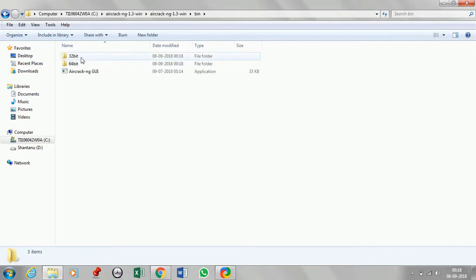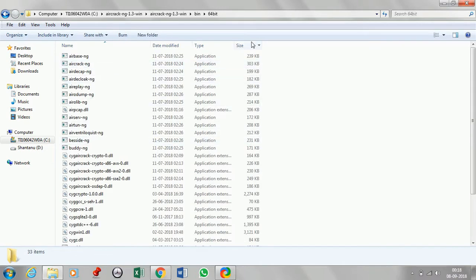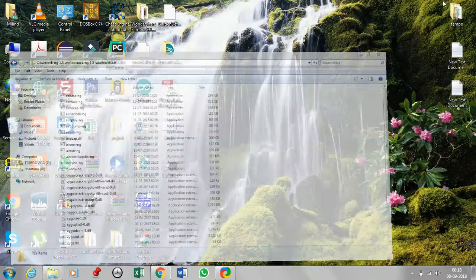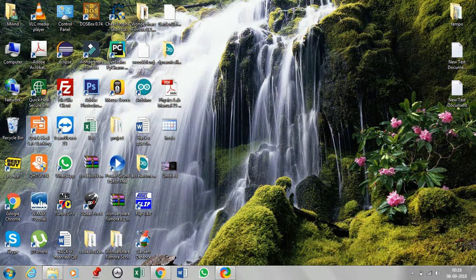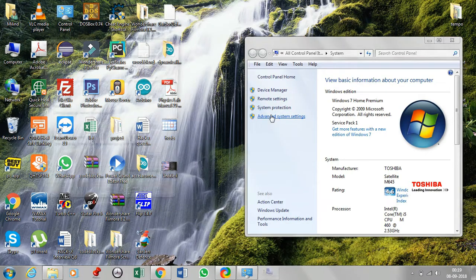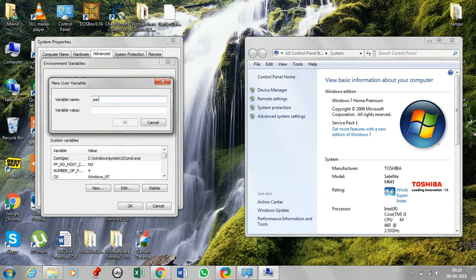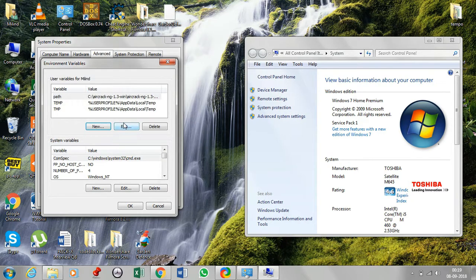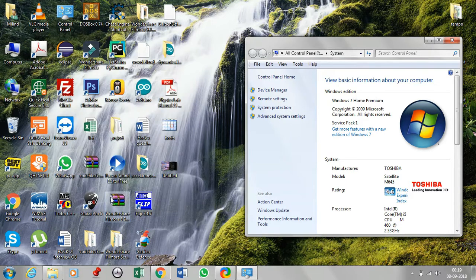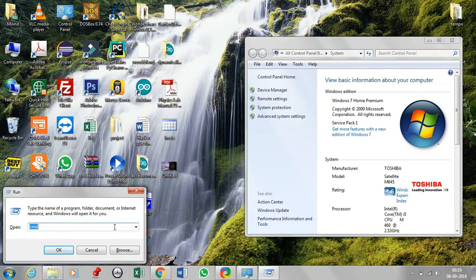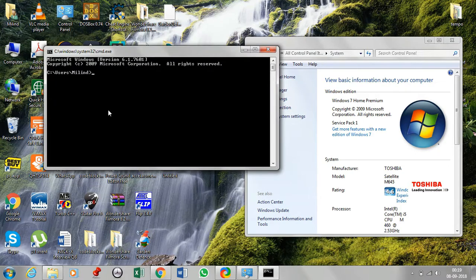Now select the version of your operating system. If it's 32-bit then go to 32 and if it's 64-bit then go to 64. And select this path, copy it. Now go to the computer properties, advanced system settings, environment variables, click new, give a variable name Path and paste the path here. Click OK. OK. Now start CMD by the run command and you can type here